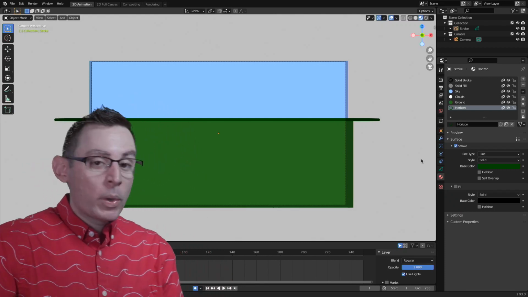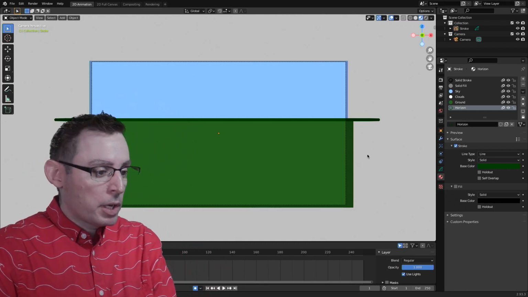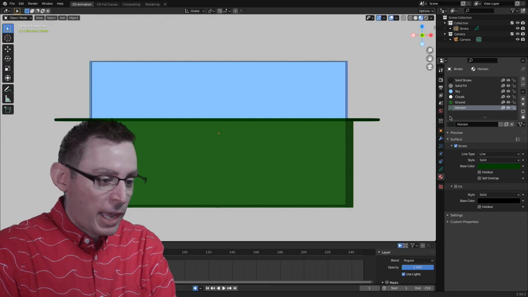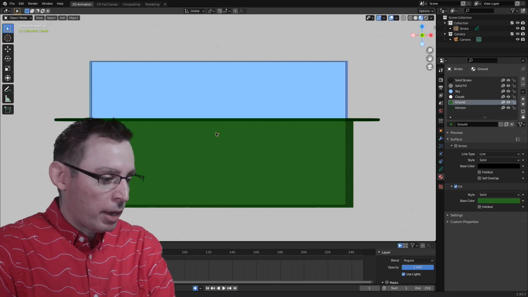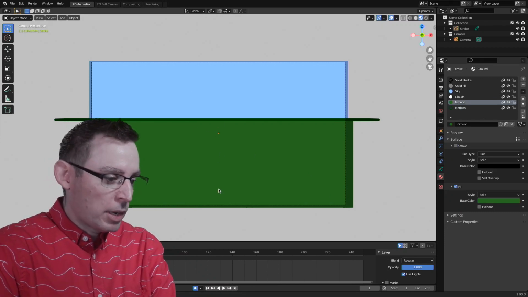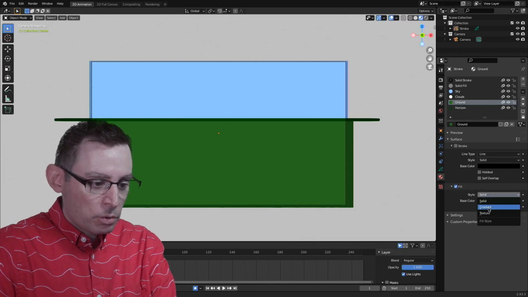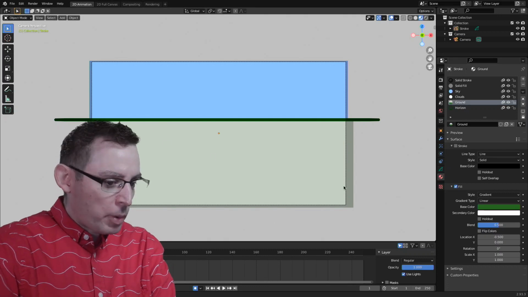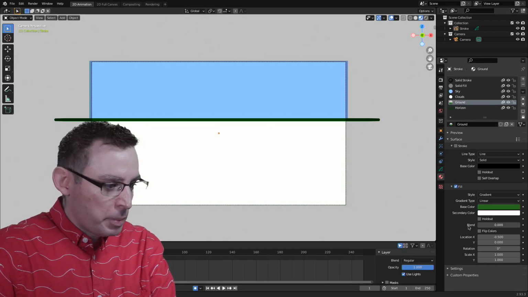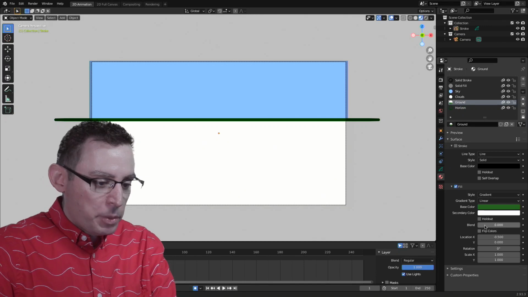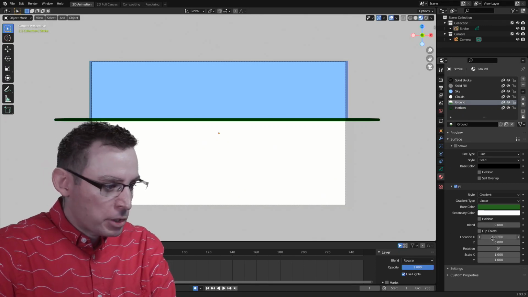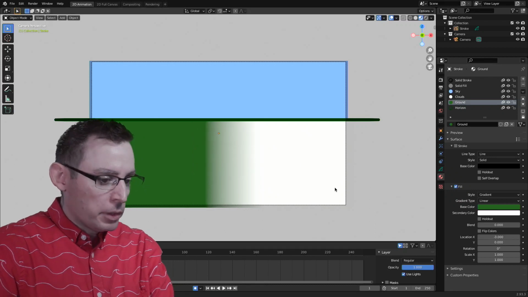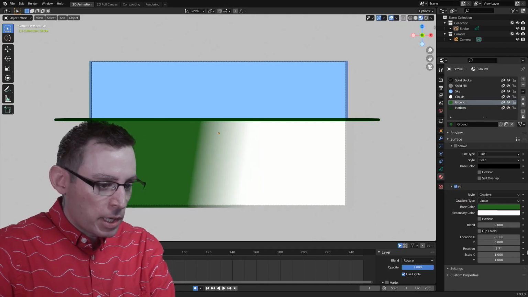So we just made very quickly a simple little set with a couple little squares, a line, some materials. I wanted to extend the materials real fast with a gradient on the ground. I wanted to go from a dark green to a light green. So let's change it to gradient real fast. And we want a linear gradient. I want to keep the properties as they are just to make it a little bit easier for me to see what's going on. I've put the blend to 0. And now let's just make very small changes here. Yeah, there we go. On the location on X, let's start rotating it.